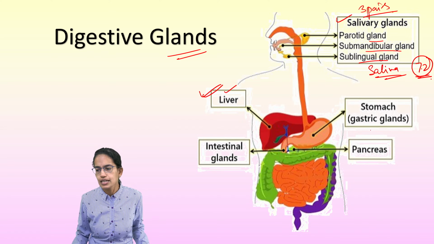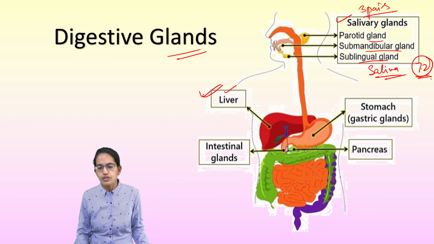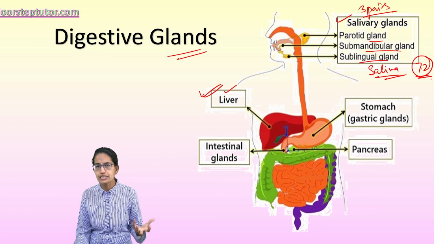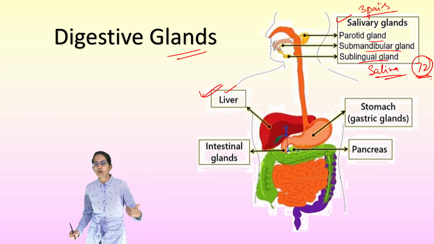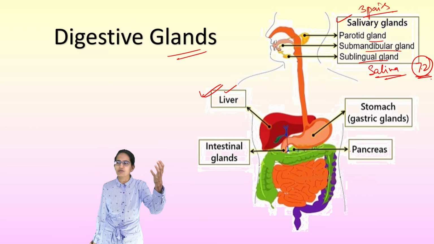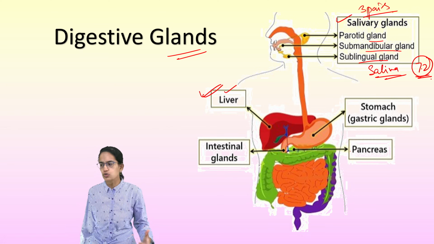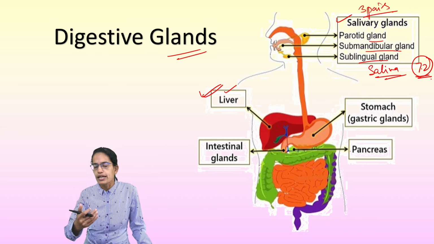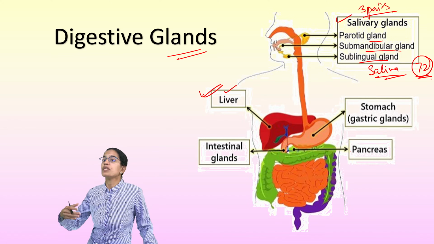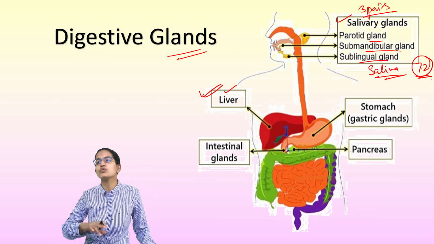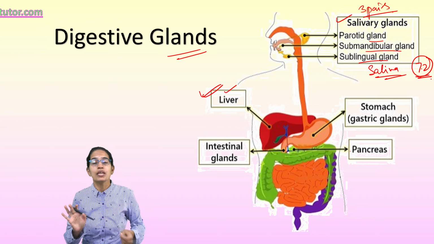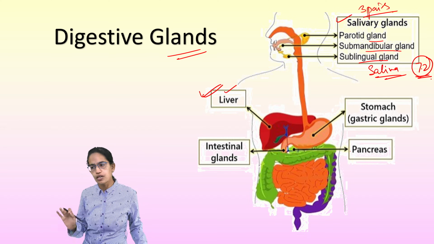The next is the gallbladder. So gallbladder, as I said, is where storage of bile takes place. It is a transparent ovoid sac structure in one of the lobes of the liver. It receives the bile from the liver through the hepatic duct and stores it within the gallbladder and empties it into duodenum, the descending limb of the duodenum, through the common bile duct. Very important question. In the descending limb of the duodenum.